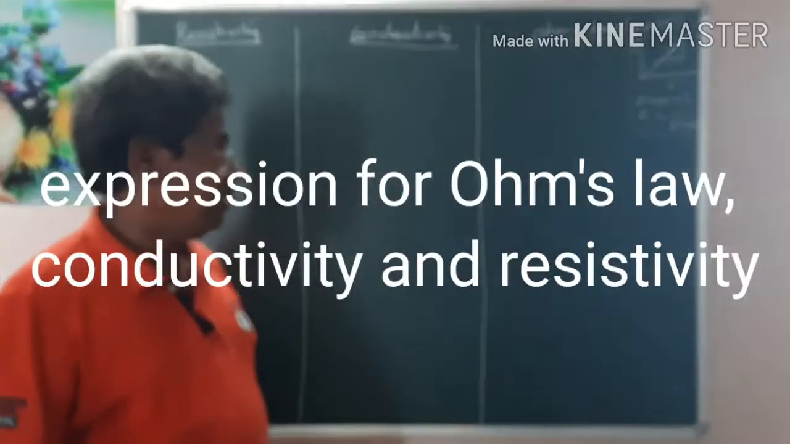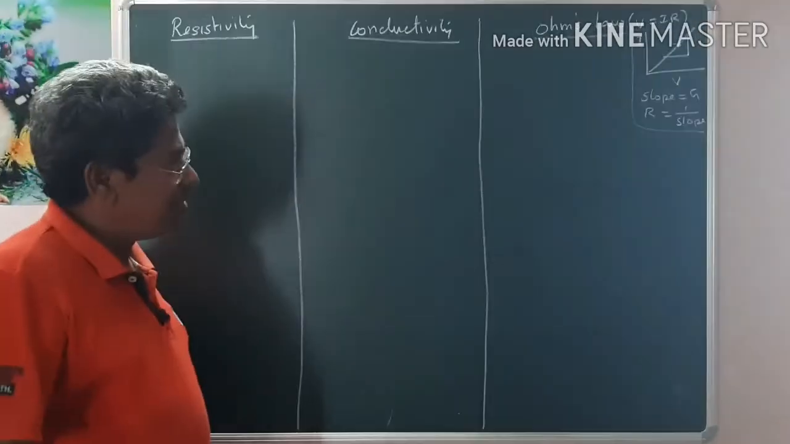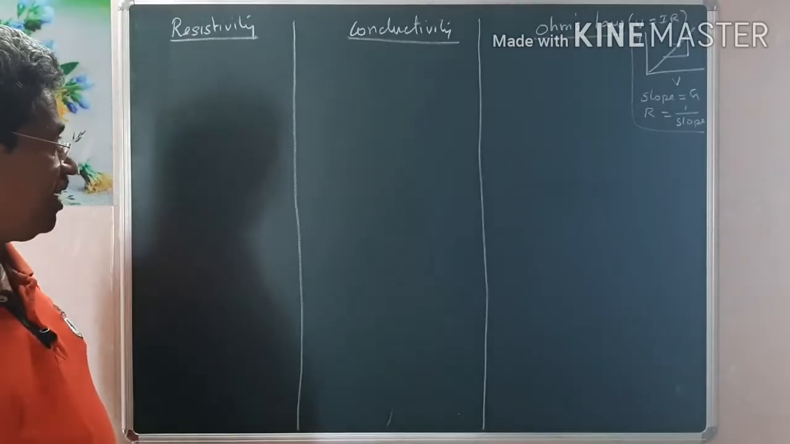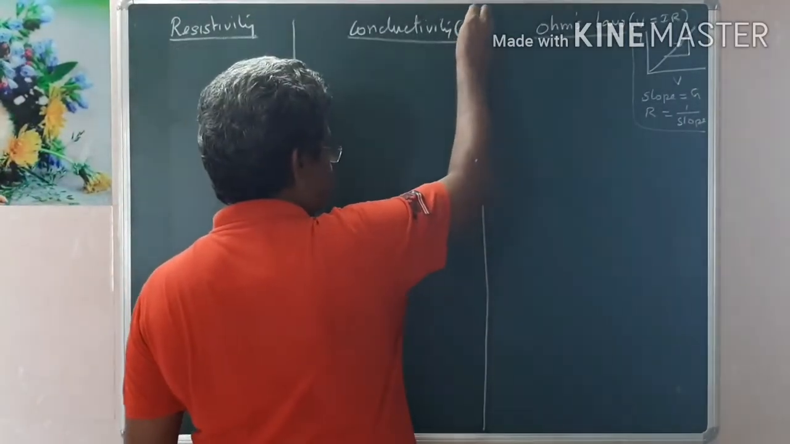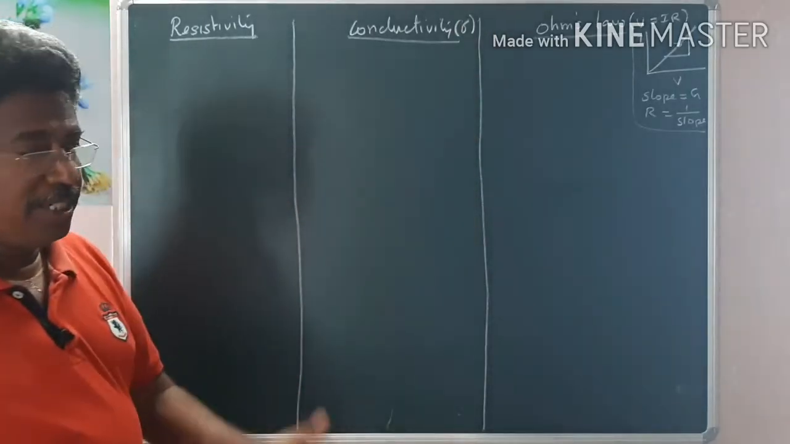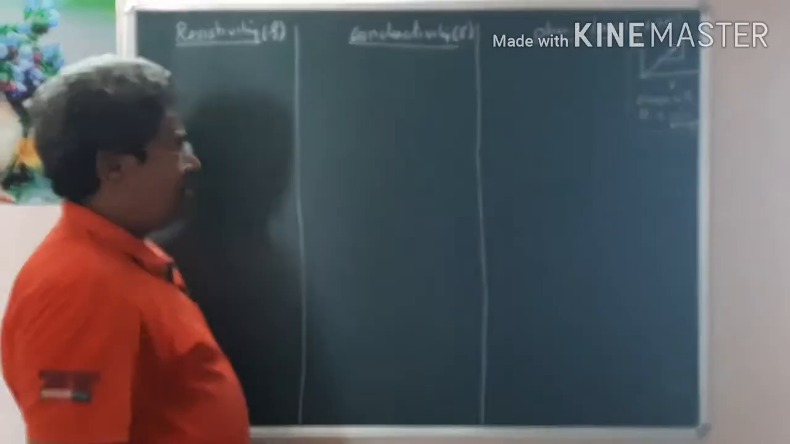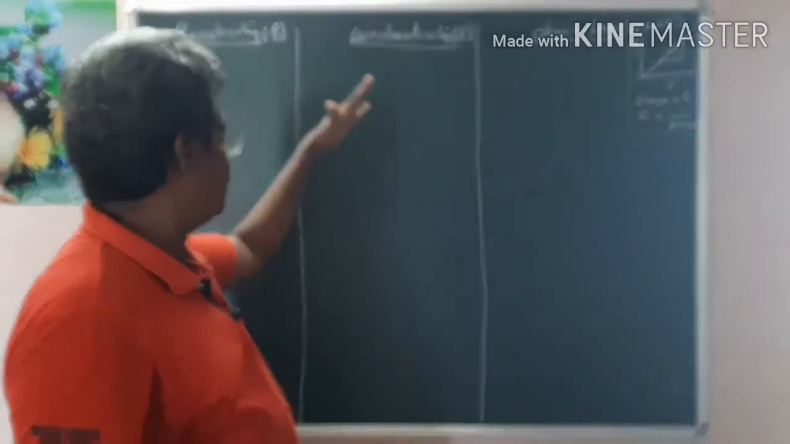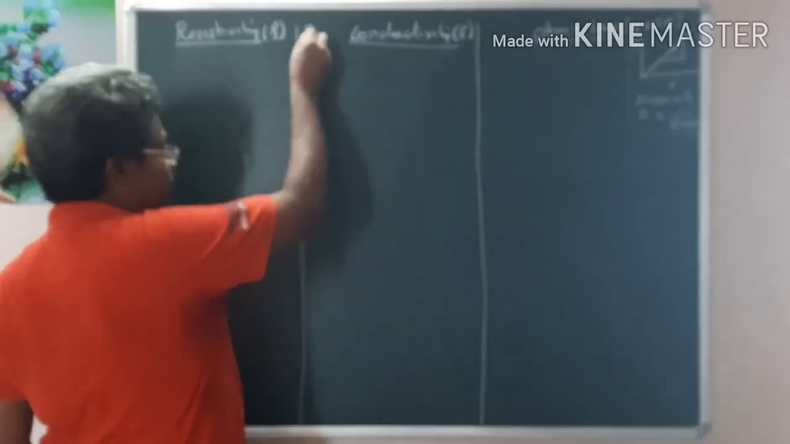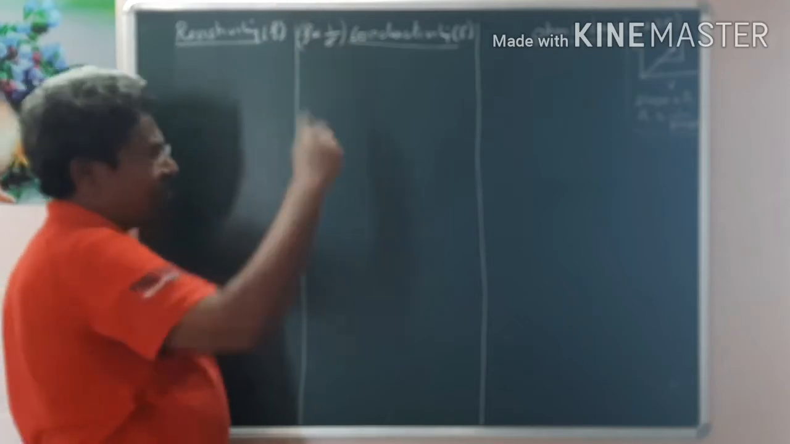Let us discuss how to derive an expression for Ohm's law. From this we may derive an expression for conductivity, which may be represented by the letter sigma. Once you know the conductivity, naturally you can also define resistivity. Conductivity and resistivity are reciprocal to each other. If I say that resistivity is inversely proportional to conductivity, once you know one, the other you can find out